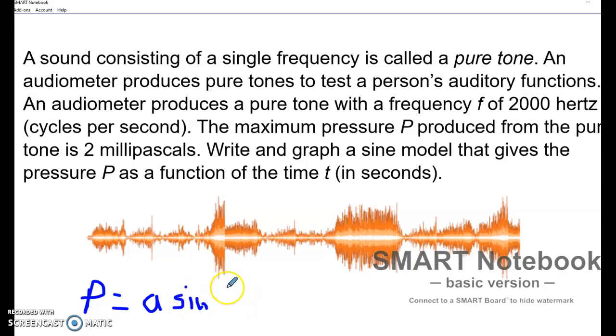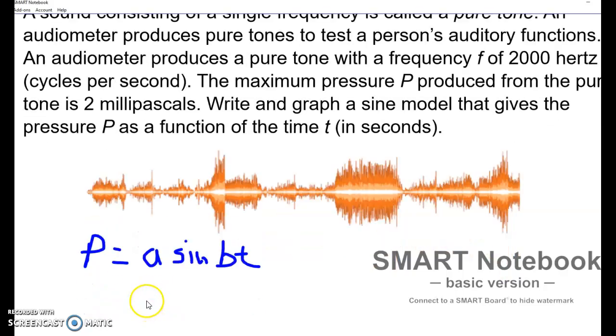Sine of some value of B times T. And we know that the maximum pressure is 2, so that tells us our amplitude. Our amplitude would then be 2, and we are going to use that to help us find the frequency,